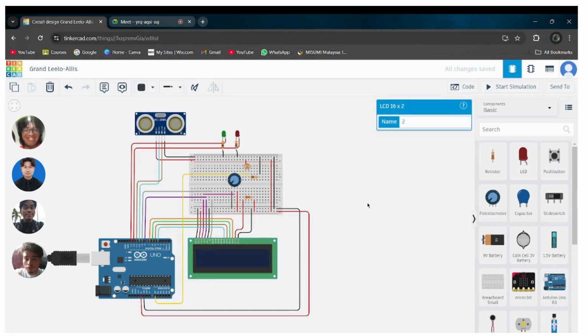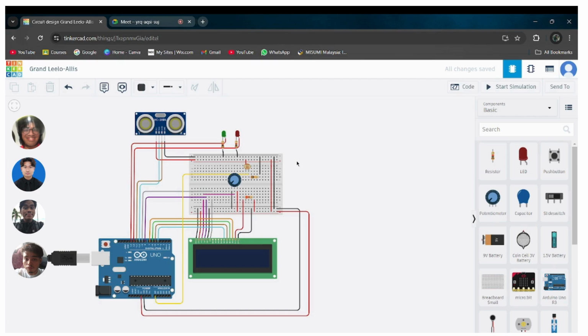The fourth component is the photoresistor or LDR, light dependent resistor. Its function is a resistor whose resistance decreases with increasing light intensity, and its purpose in the circuit is to act as an input to enable or disable the operation based on light condition. The fifth component is the resistor, which limits current to protect the LED and other components. Its purpose in this circuit is to prevent the LED from burning out and to work in conjunction with the photoresistor